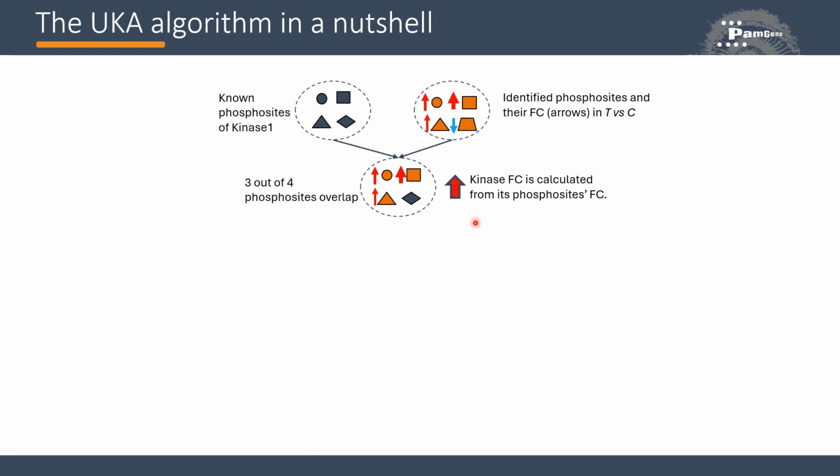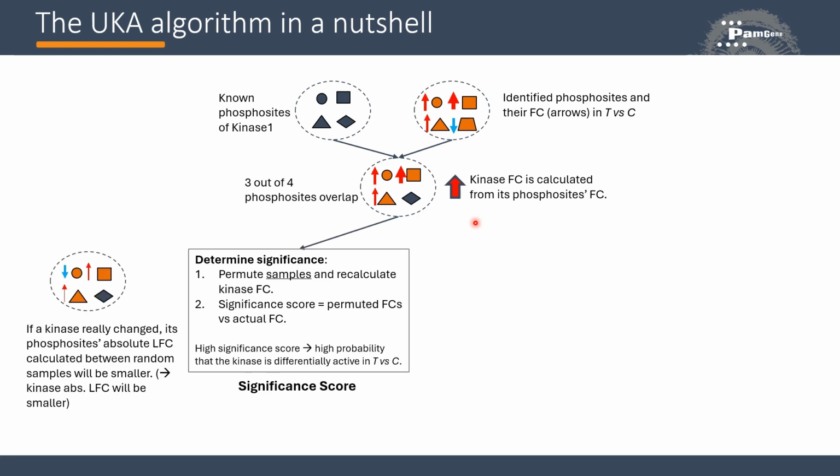Next, we have to understand how likely it is that these kinase fold changes are real. Which kinases have really changed in the data? To assess this, we ask the question, could our data produce the observed kinase fold changes just by accident? For this, we make use of random permutations of the data, and we assess whether the observed fold changes are different than random. This likelihood of whether the kinases have really changed is measured by 2 scores, the significance score